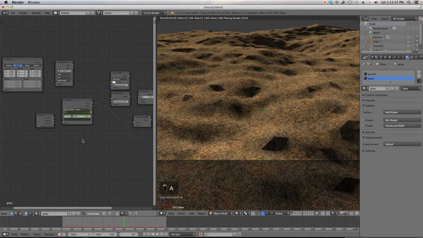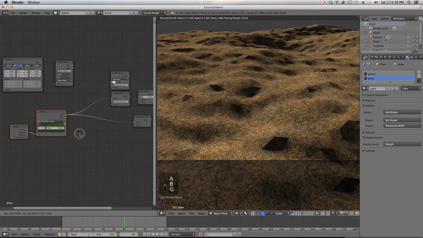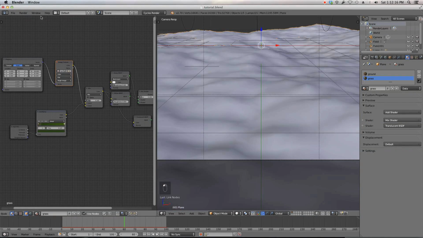Now what I want to do is add a little bit of this color to the grass. Since our ground is already UV unwrapped, if I just add a color mix node and plug it in here and connect this to that too, I can mix this ground texture into the grass texture a little bit by putting it into the bottom node here and turning it to like a 0.2 or something. Now when we just hit save,